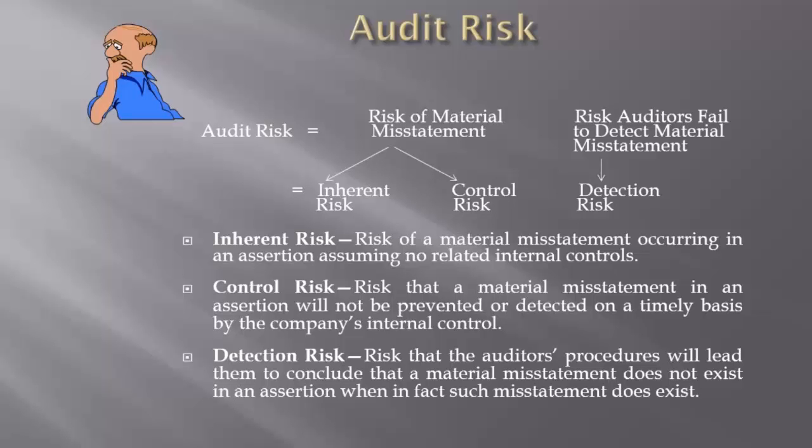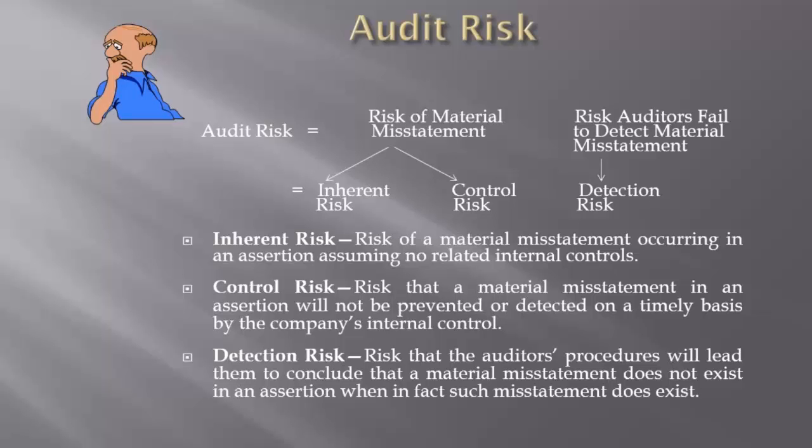But if we go in there, we see we have risky items, we say the organization is at risk for various reasons, then what we want to do is we look at management. What is management doing to control these inherent risks? And if management doesn't have a strong internal control process in place, then we would say that the risk of material misstatement is high. We talked about detection risk.